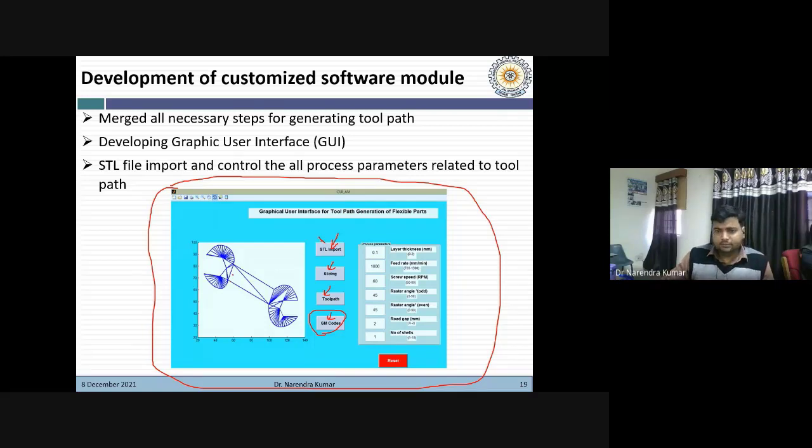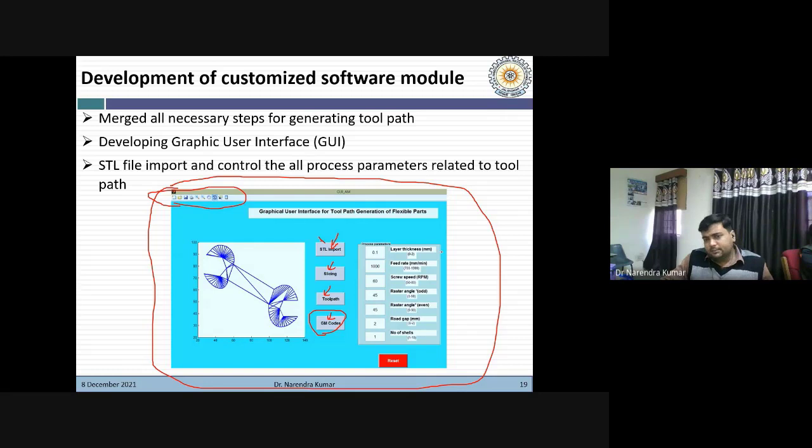Okay, if we wanted to rotate it in 3D space, that option was also available, and we provided this facility. Here you can see the different buttons. Save button is there, zoom out, zoom in, and then the rotate button is there. So suppose if you want to rotate the geometry in this 3D space, then you can do it easily.